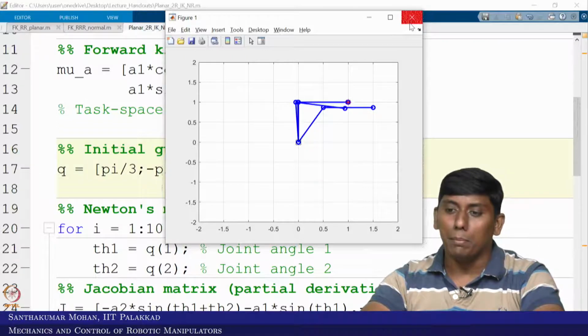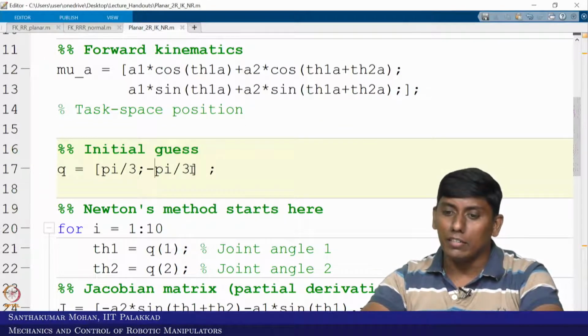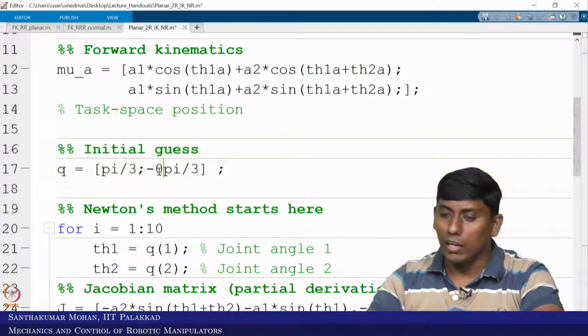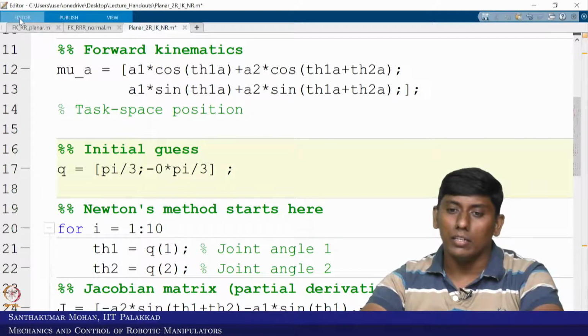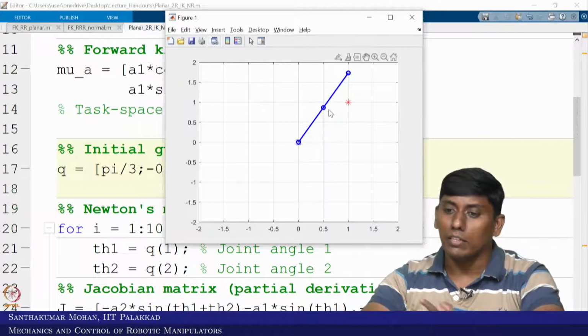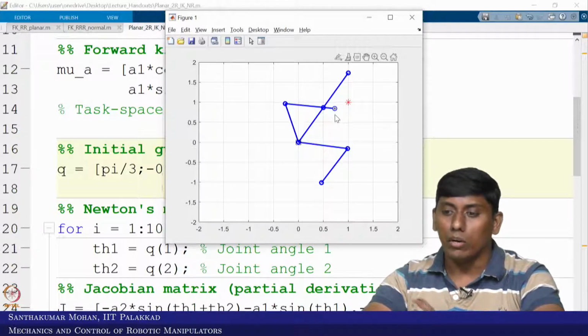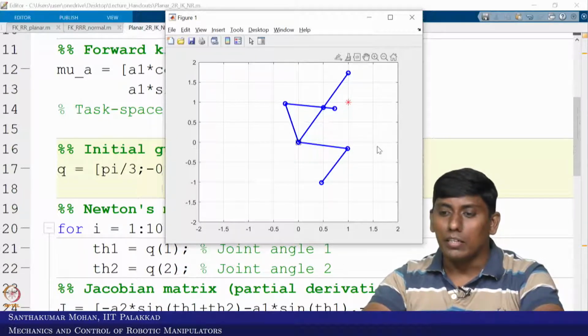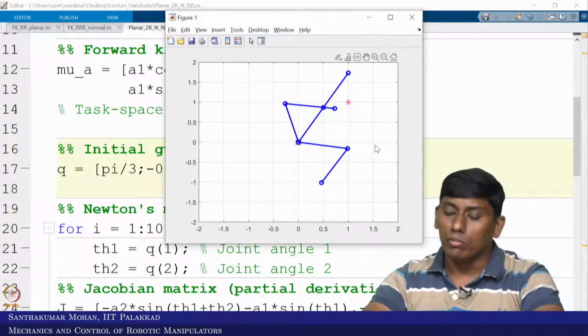Now for example, I am taking a different initial guess, in the sense theta 2 is actually 0. Can I get convergence? If I start with 0, you can see your Jacobian matrix is going to be in non-invertible form, but still it somehow manages and keeps coming. You can see the third iteration has come and the fourth iteration is not reached.